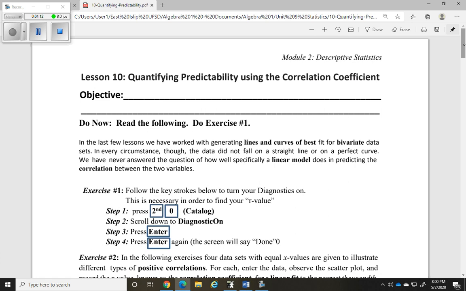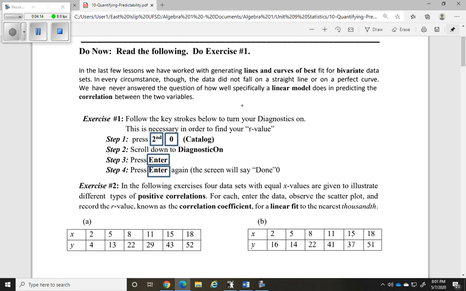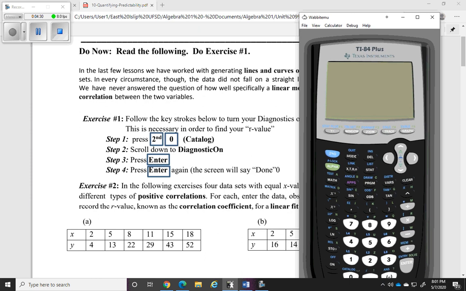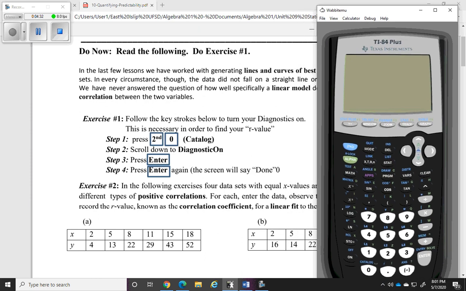So in order to do today's lesson, we have to put our calculator into a certain mode. We have to turn our diagnostics on. So you need to follow these keystrokes. So I'll do it right here in front of you, but also it's printed on this lesson so you can refer back to it. So we have to hit second. I have to turn it on first. Second, 0